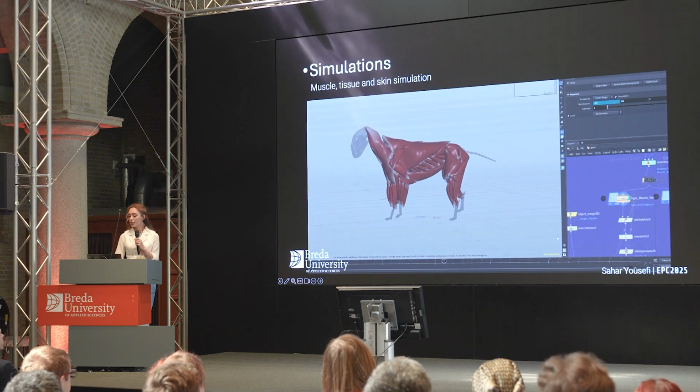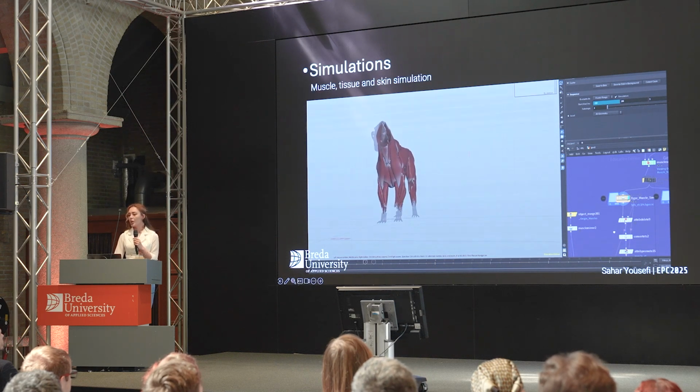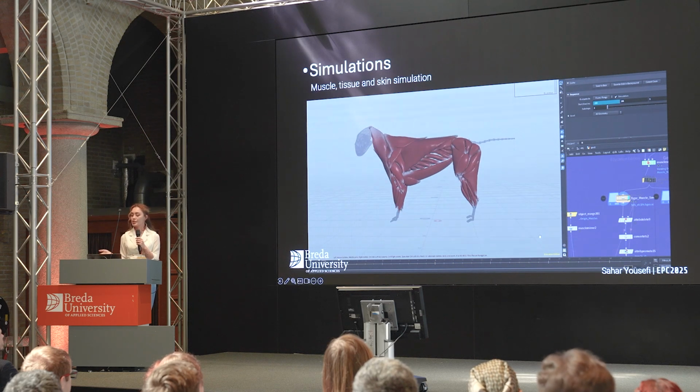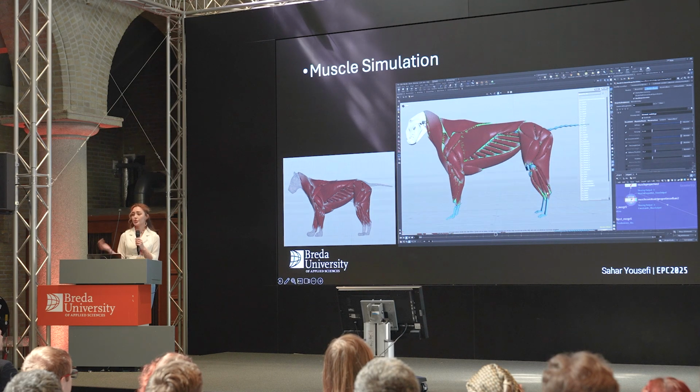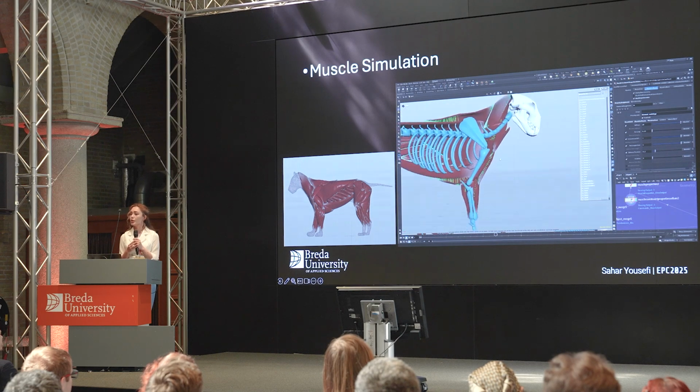Next, we have muscle simulation. This section of the tool is very much under development, but the idea for it is to have a nice space for muscle, tissue, and skin simulation, which needs to all happen procedurally. As a result of the tool, every individual muscle comes with its own muscle ID, and also the properties of the muscle, for example, muscle to muscle, muscle to bone constraints, and muscle ends are also corrected,